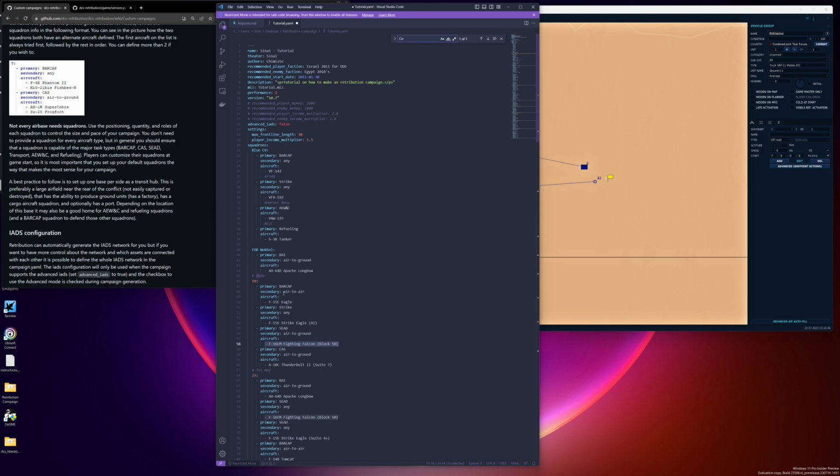line here. So in this instance, you'll see that we have barcap, air-to-air with the F-15C Eagle. You can also add the F-16 here, and what's going to happen is the AI, when it's creating the different flights, will prefer an F-15C, and then if it's not available, it'll just move down the line. So that's another thing, and you can have as many aircraft as you'd like in here, but be advised that